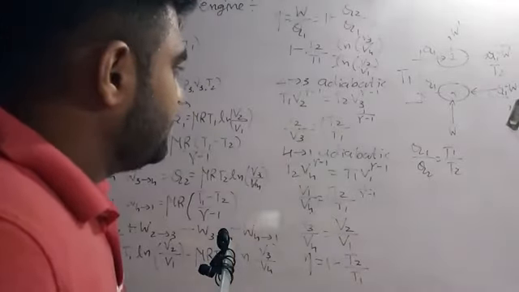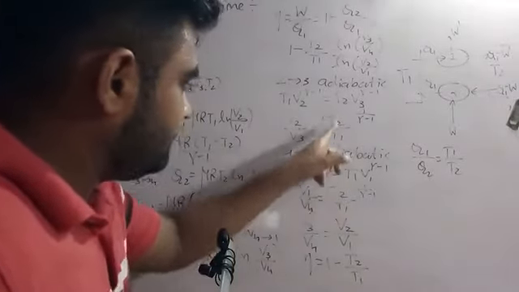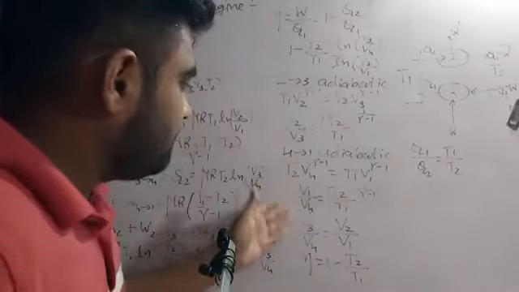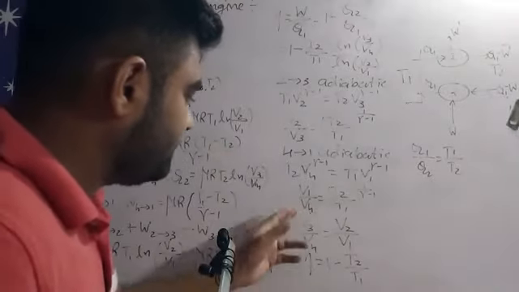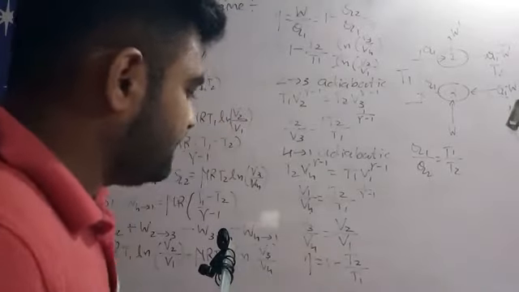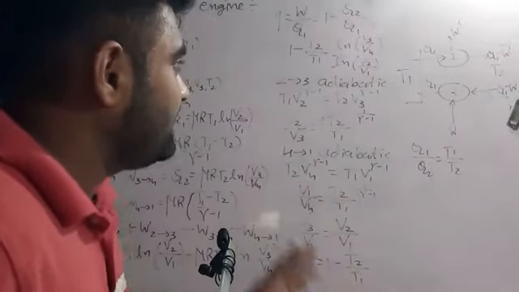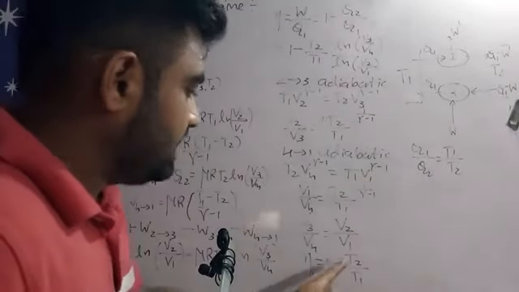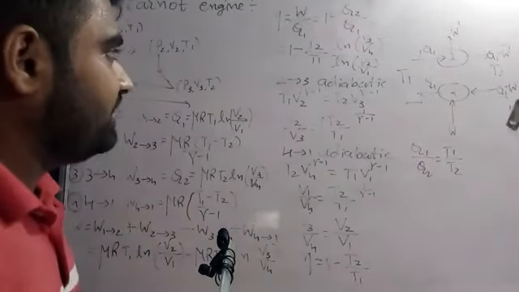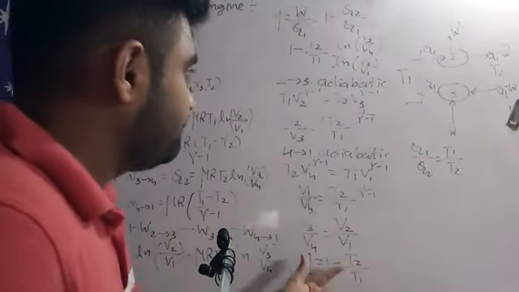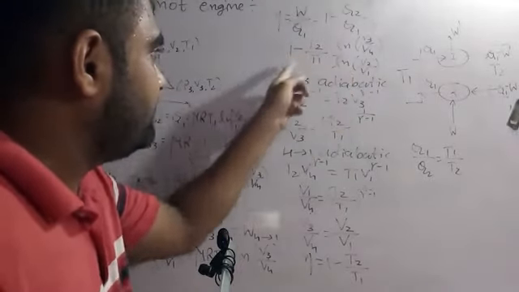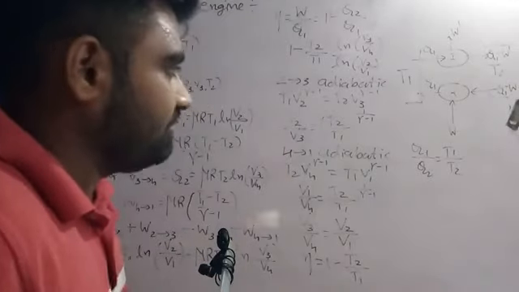Now the right-hand sides of these two equations are the same, so we can compare the left-hand sides. So V3 upon V4 is equal to V2 upon V1, right? So now our efficiency becomes eta is equal to 1 minus T2 upon T1. Here T2 is our last temperature and T1 is our initial temperature. These two terms cancelled out, that's why we are left with the formula 1 minus T2 upon T1, right?